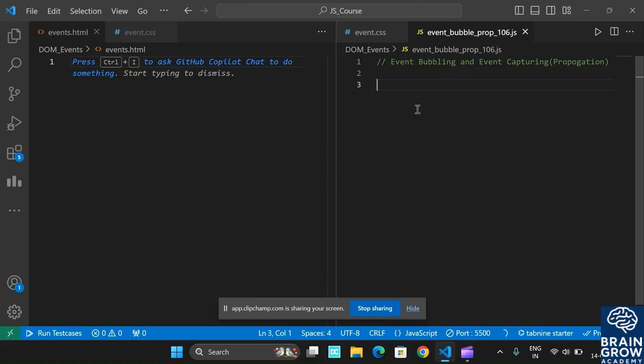Before that, let us discuss what event bubbling is. Its name says it bubbles up the event. It is the mechanism where an event occurring on a nested element triggers the sequence of element handlers of its ancestors. So the event bubbles up. In simple words, when you trigger any event,